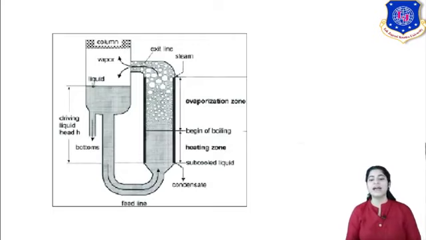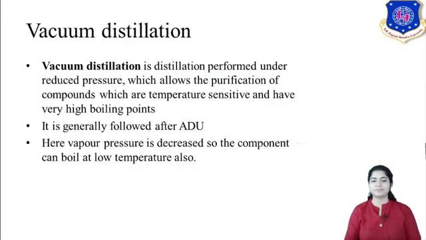Here you can see how natural circulation occurs. The liquid from the main column replaces the low density liquid. You can see the liquid in the top product, and you can see the evaporation zone. The liquid is converting into vapor, so that liquid is displaced, and in its place the high density liquid takes over. So natural circulation is there. Here you don't require a pump. So this was about your reboilers.